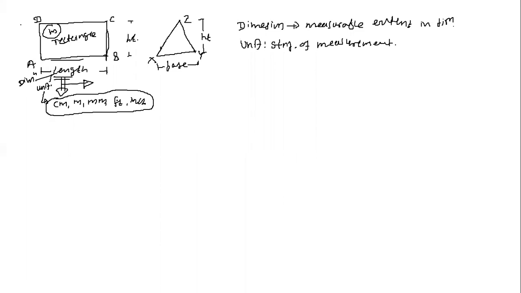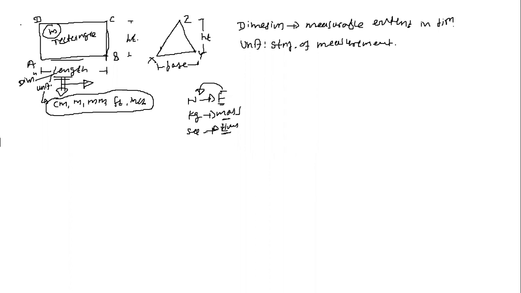So whatever the physical quantities that are there, for measurement of them, whatever the standards which we are using as per the international standards or MKS or the FPS, we can say the systems of the units, those standards which are used for the measurement of the physical quantities are called as a unit. For example, centimeter is a unit of the length, Newton is a unit of a force, kg is a unit of a mass, then second is a unit of a time. It means this force, mass, time, etc. are nothing but the physical quantities, and the standards that are used for measurement of them are nothing but their units. It is a Newton, kg, second, whatever it may be.